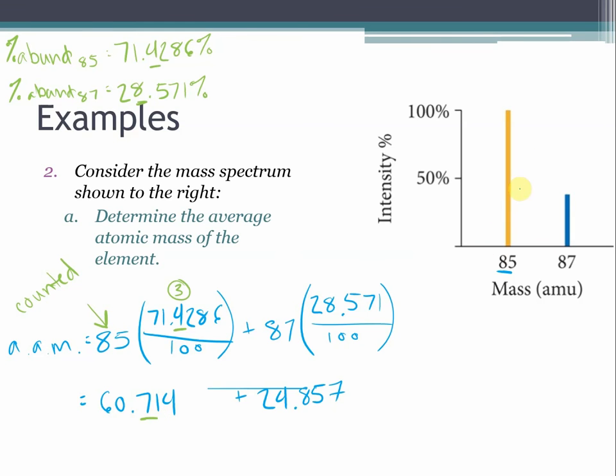Same thing over in our second set of math. We had said we would round to the ones place, giving us 2 sig figs. This is another counted value, so we're not going to include that. So we're going to round this number to the 2 sig figs, which would be right there. So now we are going to finally add them together. 60.714 plus 24.857. Adding those together, you should get